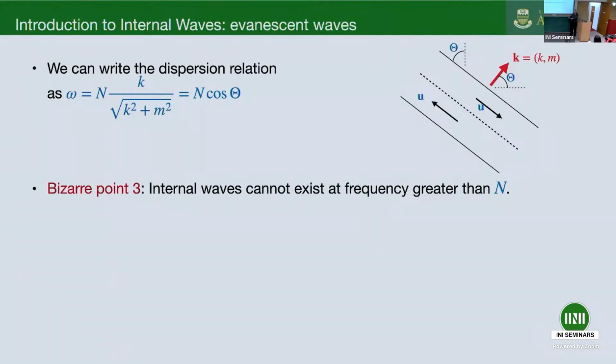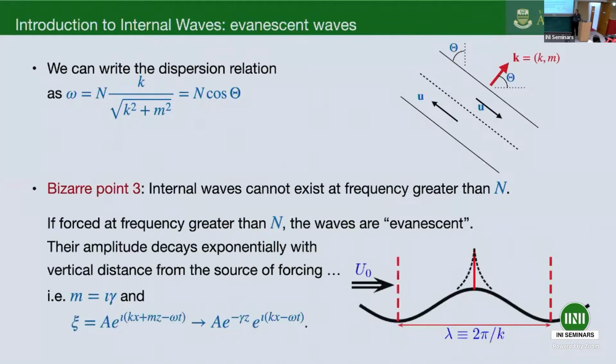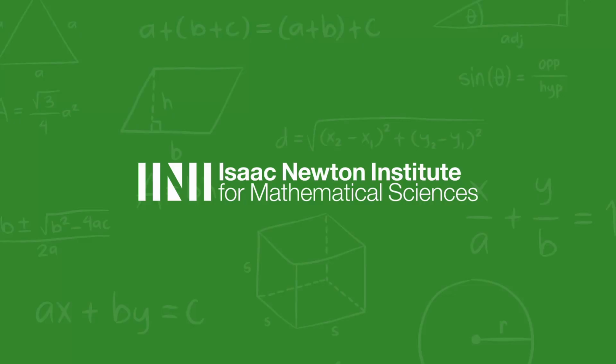But I just told you that I can take that hill and pull it as fast as I want. So I can force these waves at a frequency bigger than n, and the question is, what's the consequence of that? And the consequence is you get evanescent waves. So if you tow them very quickly, effectively, you can no longer assume sinusoidal variations in the vertical. It turns out that the vertical wave number is actually a pure imaginary number. And that gamma gives you the e-folding depth of these waves. And hence, if you tow it fast enough, rather than getting sinusoidal variations, you get this exponential decay,